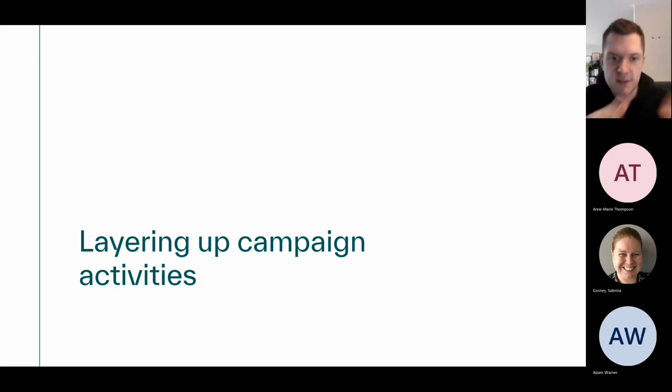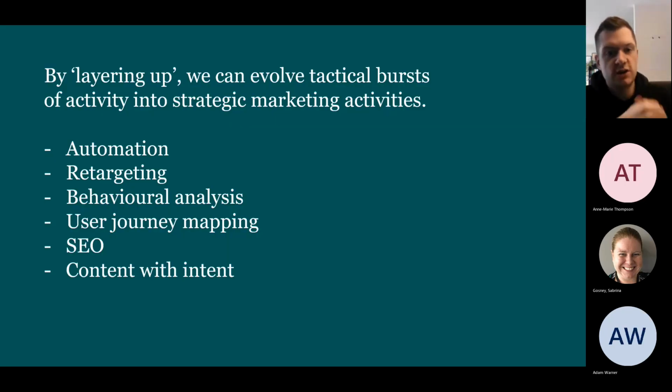You might do some events and exhibitions around that. You might do some networking, you might get some referrals. How do we take that very, very foundational level and then build upon that? So there's just a couple of examples here in terms of what those tactics might be. So you might look at using automation. That could be somebody downloads a report or an ebook off your website.